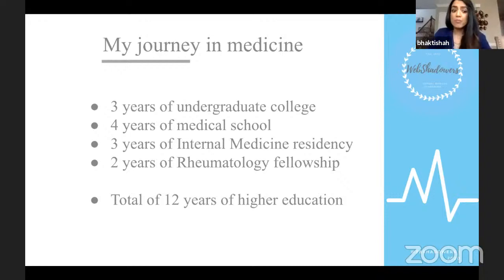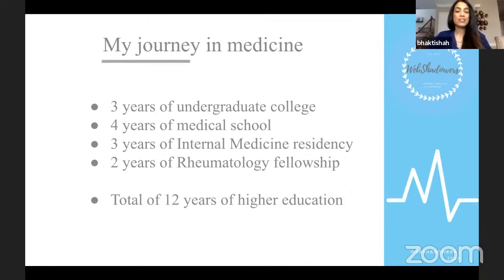So I did internal medicine residency after medical school. You usually decide around your 3rd year of med school what exactly you want to be doing for your future. I knew pretty early on that I wanted to do internal medicine. I was one of those kids growing up in elementary school that always knew that I wanted to be a doctor. So it really helped me narrow my career options, because that is really what I had always had a passion for. So I went right into internal medicine.